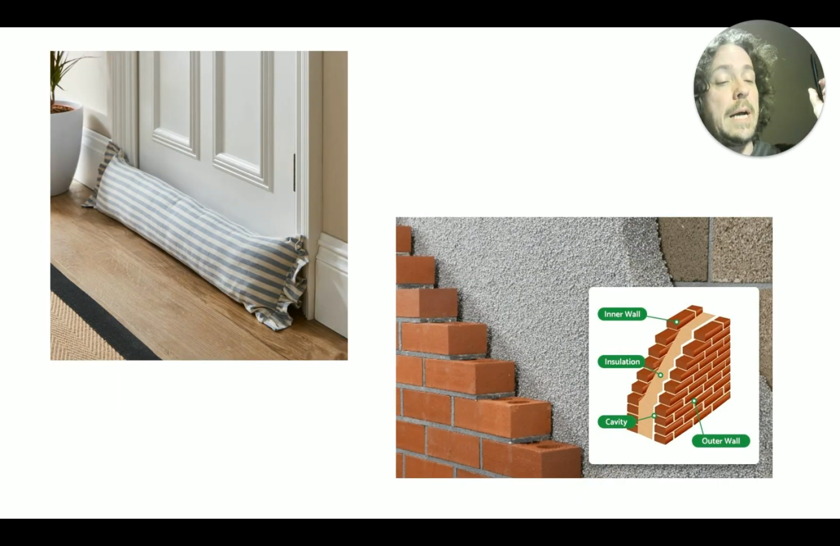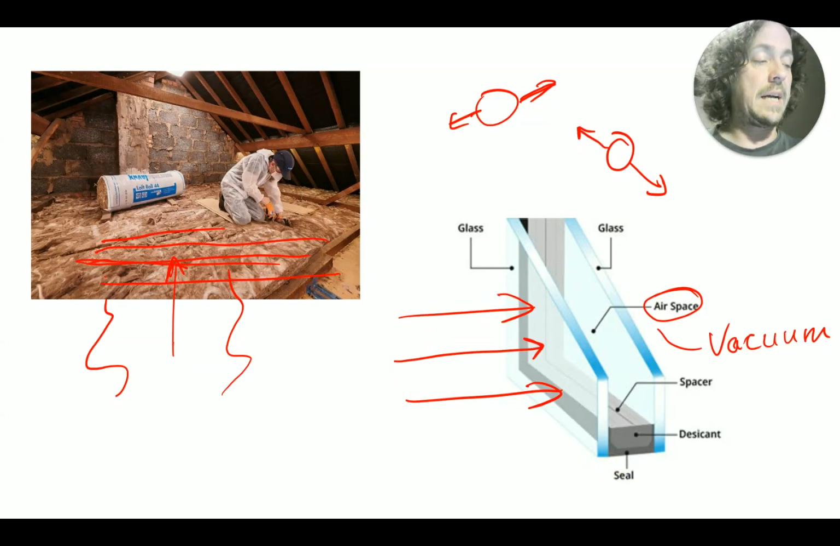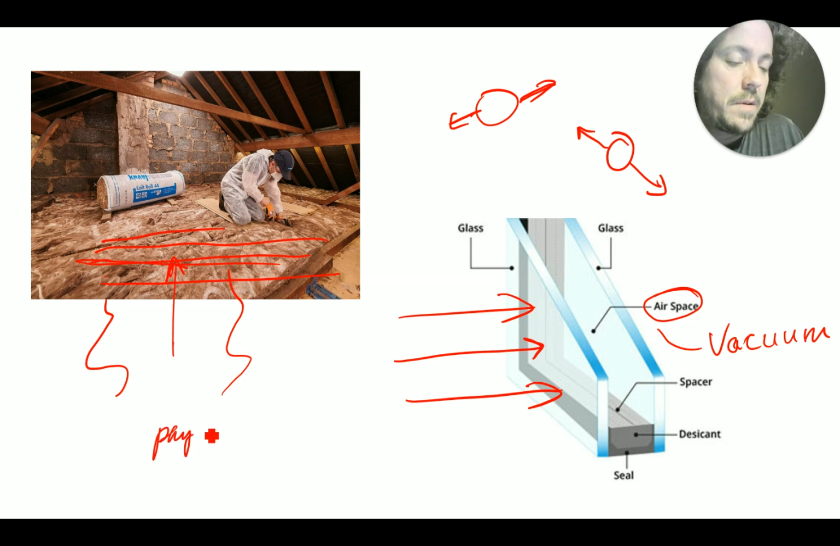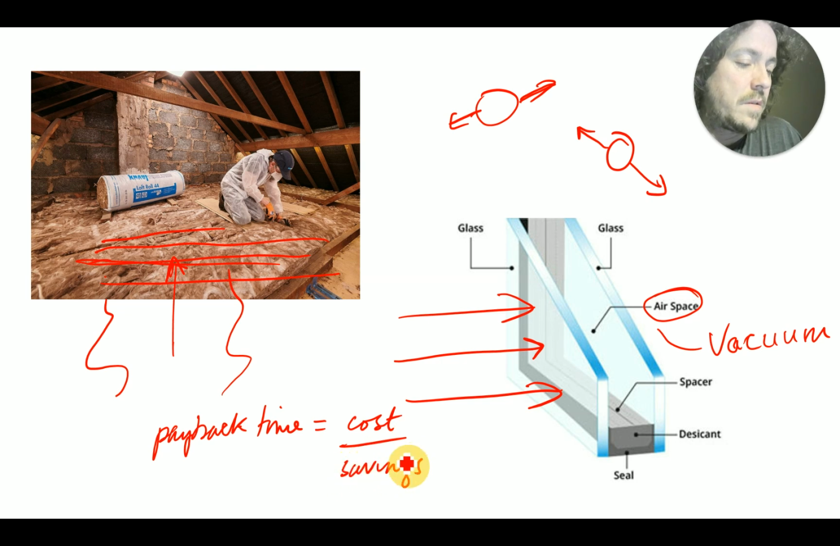Draft excluders are another means by which you can prevent heat losses in a very cost-effective way. All these things have a certain cost associated with them, and not in this topic, but one of the things you have to consider in your Year 10 course is something called payback time. And payback time, oh, do you know what? I'm going to put it in here actually. It's so relevant. So payback time is the cost divided by the savings